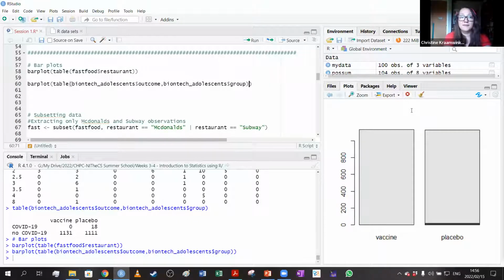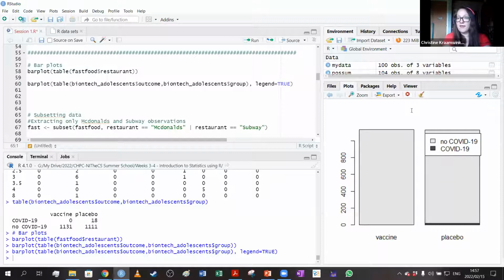To do that, again, very simple, just say here, comma, legend equal to true. And if we run that, you'll see it adds this. So this is the very basic. You can almost think of this as similar to matplotlib in Python, the very basic plotting. You can go a lot fancier with ggplot.